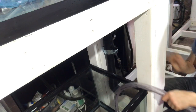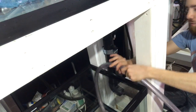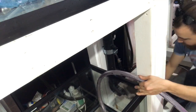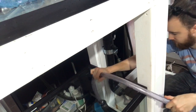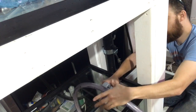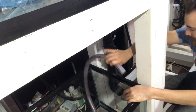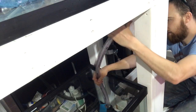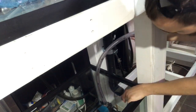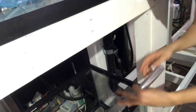So now what I'm gonna do is I'm going to estimate this out here. So it should be right about here is where I need it. Let me just double check before I cut it. Extra just in case I need to make some modifications. Okay. So now